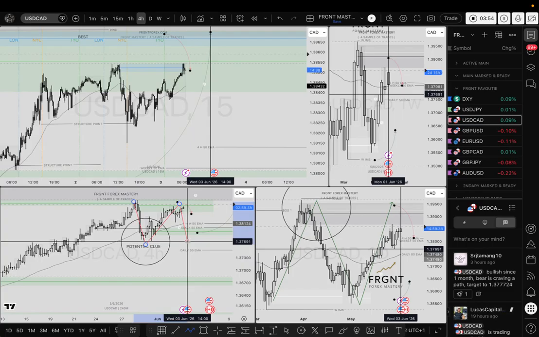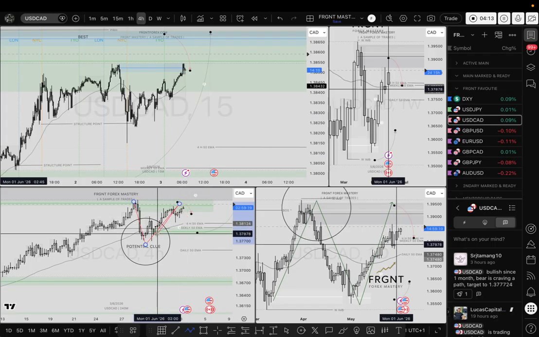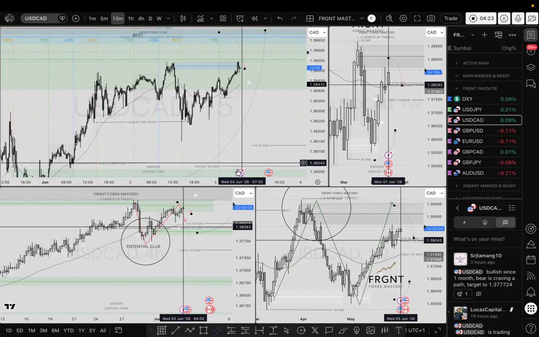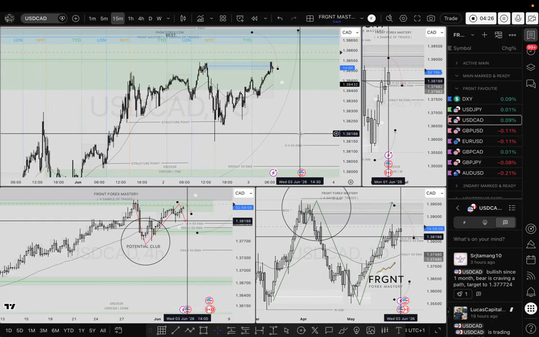As we can see, price recently, top right hand chart, most recent weekly candle closed below that weekly 50 MA. So we do have a confluence there for price to want to gravitate at least towards that weekly 50 MA. However, in the immediacy, the first hurdle that price must overcome is that 4-hour 50 MA, as price is seemingly respecting it at the moment. So I do believe there is a potential short to maybe come out of the market on US dollar CAD, but much like my position yesterday on Euro US dollar, it's just not enough for price to be in an area. Price must do something first and foremost.